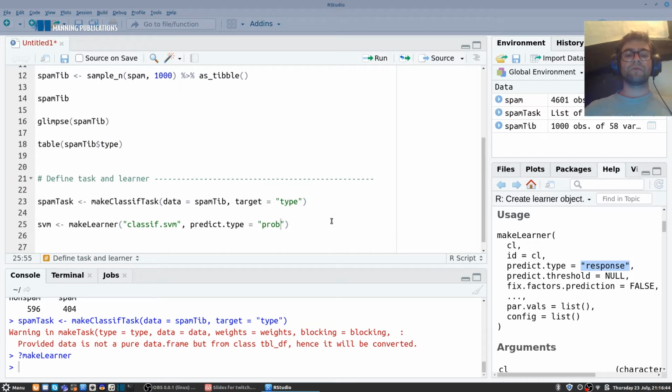And so for algorithms that support it, I recommend setting the predict.type argument equal to prob. So now when you make predictions on new data, rather than just getting spam, not spam, the model will actually return the estimated probability that it thinks that case belongs to a particular class. And this helps you make better decisions, because